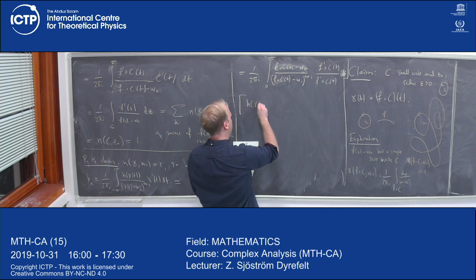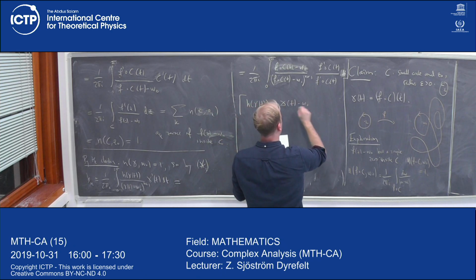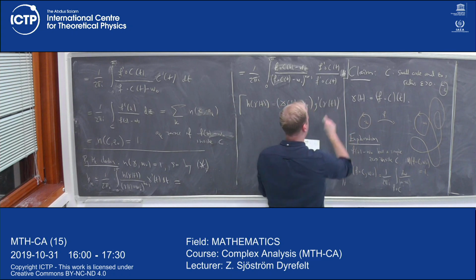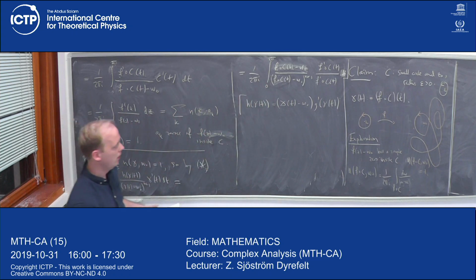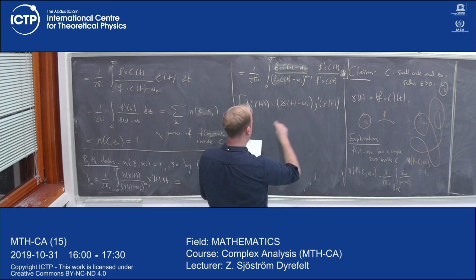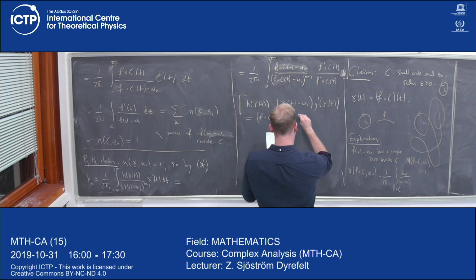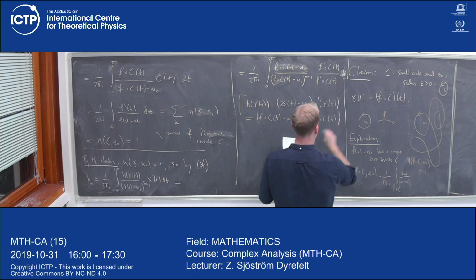So this h of gamma of t, this is by definition, so gamma of t, so g prime of gamma of t. This was the definition of h, right? Here I had h of gamma of t. So it's equal to that, which is then equal to, if I put in what gamma is, f of c of t minus w0. Okay, so I have this, and then times g prime of f of c of t,